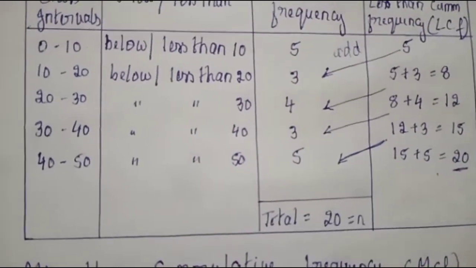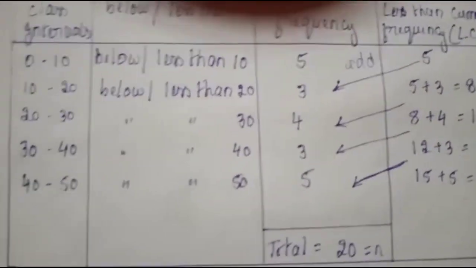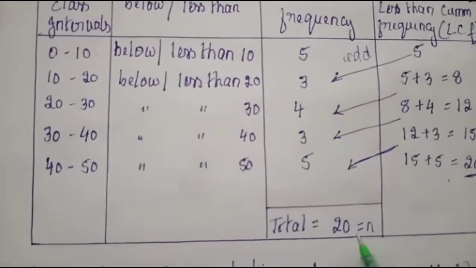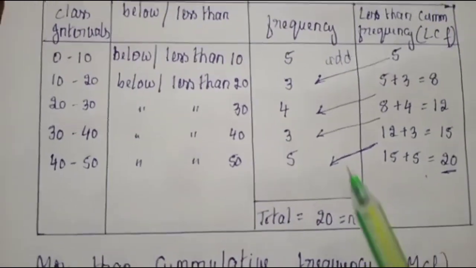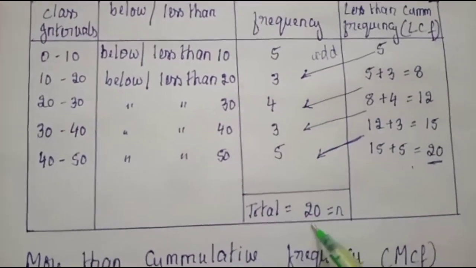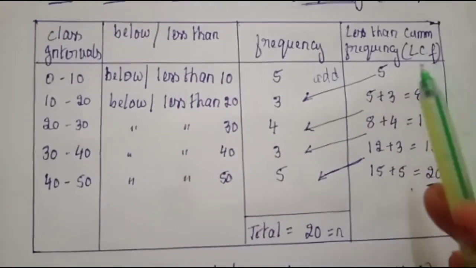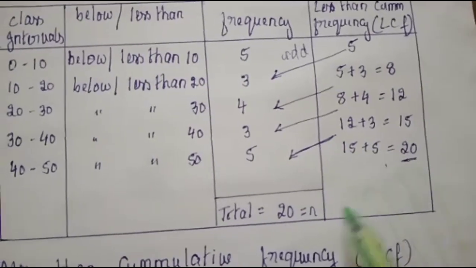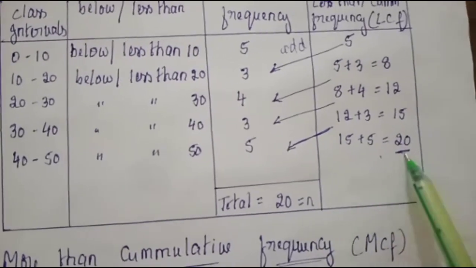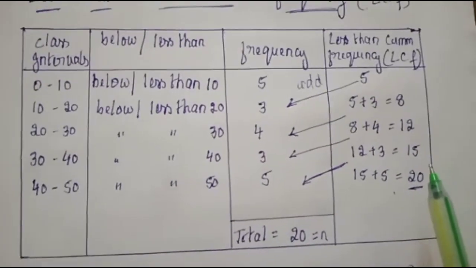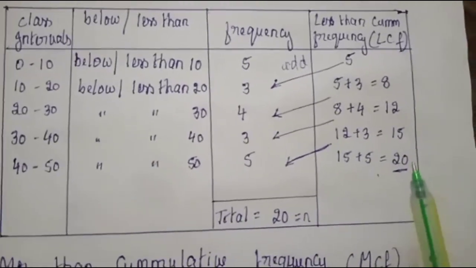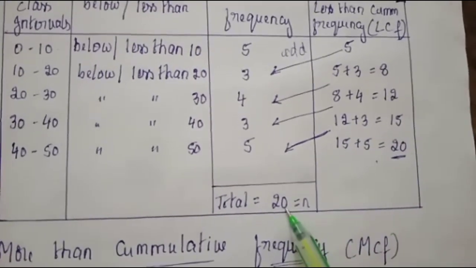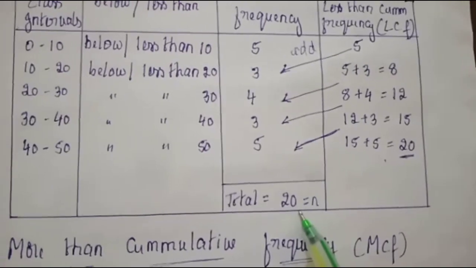Whereas in mean, we'll write it as summation of Fi, but here we'll write it as N. Instead of summation of Fi, we write it as N. No difference. So the total number of students here is 20. And note that in case of less than cumulative frequency, N will occur at the last. You can observe this 20 and 20 are the same. So whenever you do LCF, whether it is correct or wrong, you can verify that your last value in LCF will be equal to the total number of observations in the frequency column.